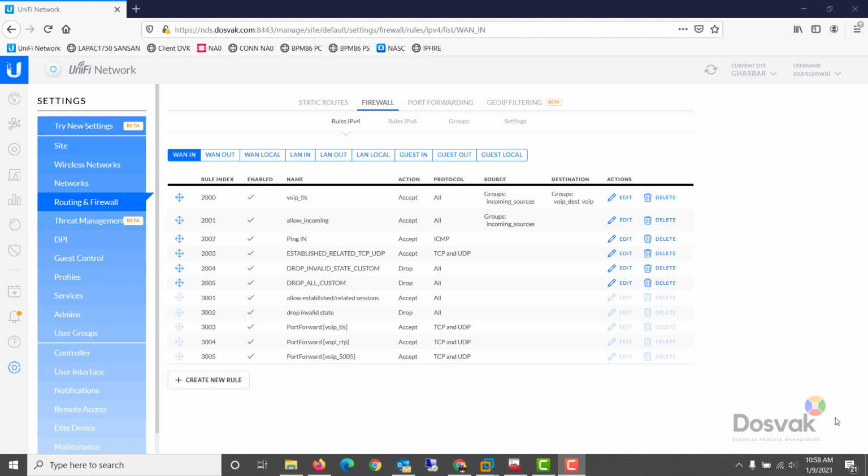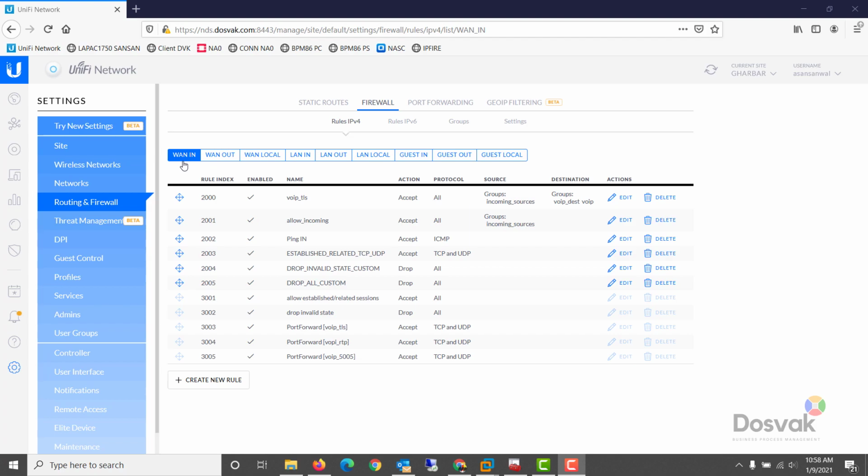So this is a unified controller console, and we are looking at the various firewall rules. You need not be on a unified controller to apply these kinds of rules. These can be applied to any firewall, or even iptables also. The best idea is what matters, and the concept is what matters, not the actual implementation or the actual firewall device.